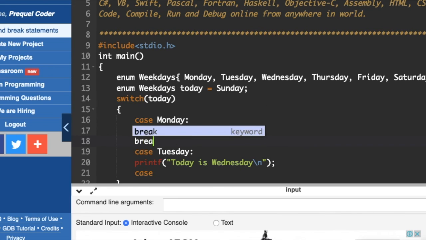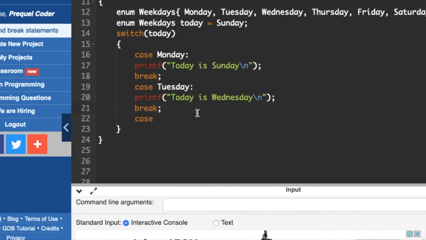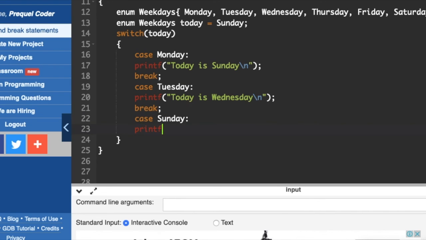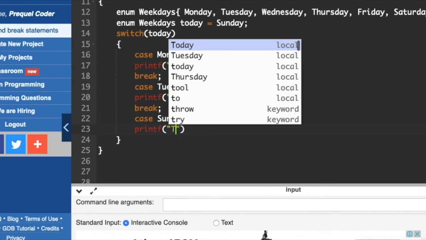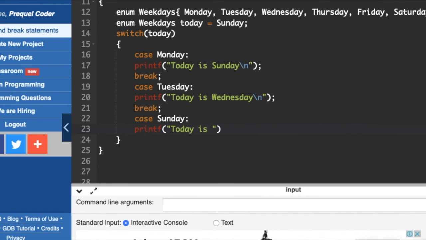Sorry, I forgot to include the break statement after each line, so do take care of these minute errors which we perform without our notice, because they may cause errors in our program. So take care of these small mistakes.